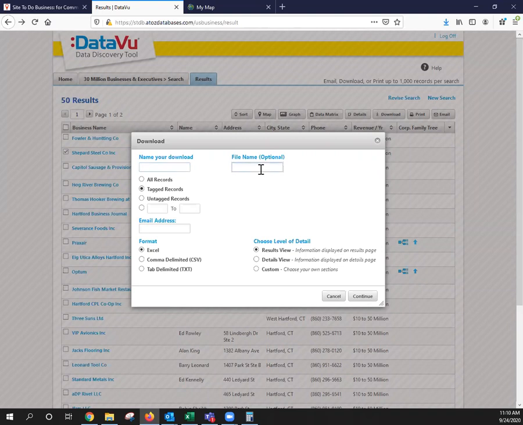It also asks for a file name. I would suggest naming the file name as well, something that you can easily remember. Otherwise, when it downloads, it'll just give you a long string of numbers. And if you're downloading multiple files, that can be a little bit harder to keep track of. So if we just went here,